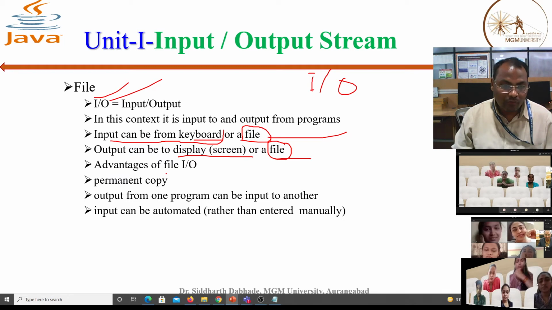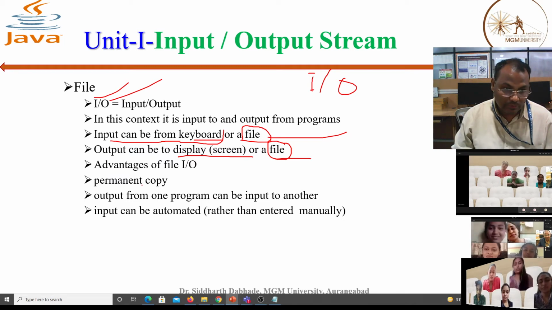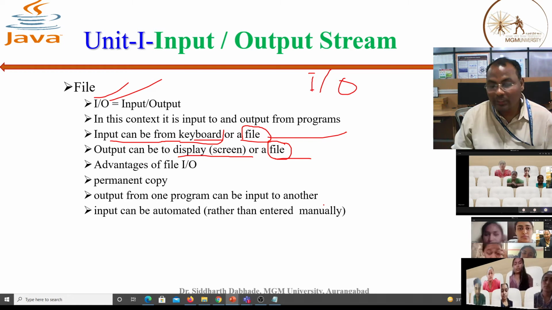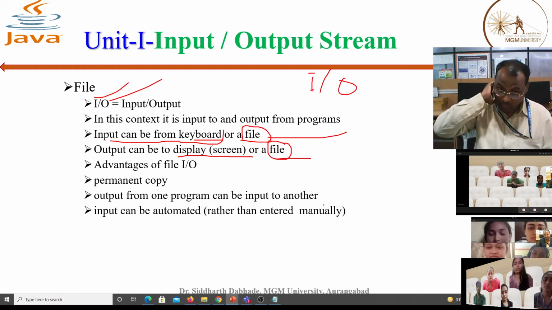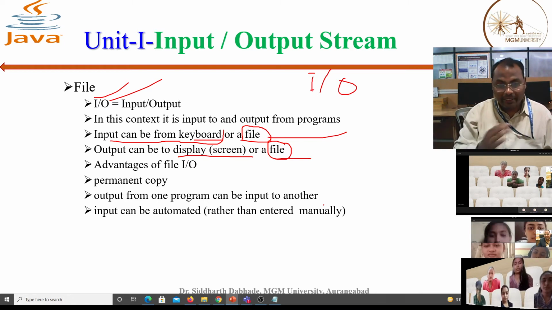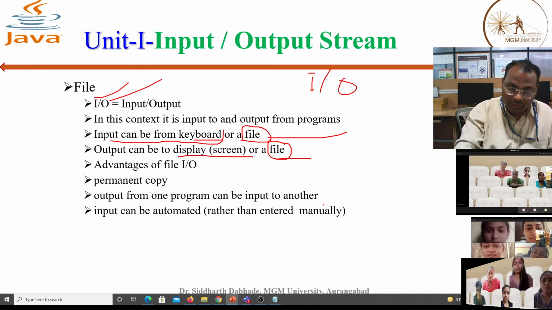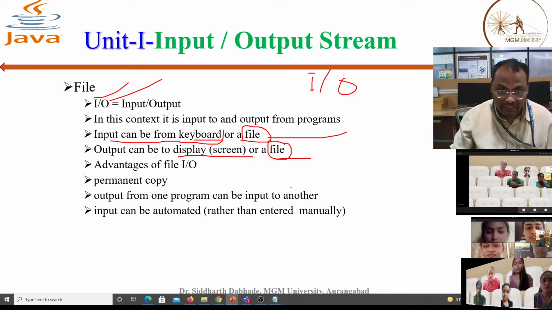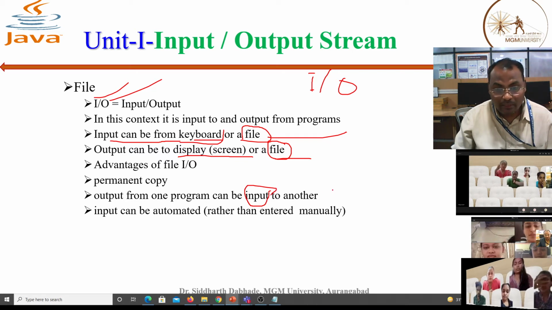Advantages of file input output. We will see the permanent copy. Output from one program can become input to another program. I just provided one file to WhatsApp as an input, but that input file you will see as an output.